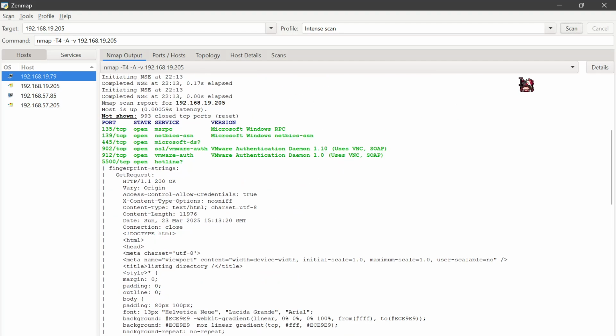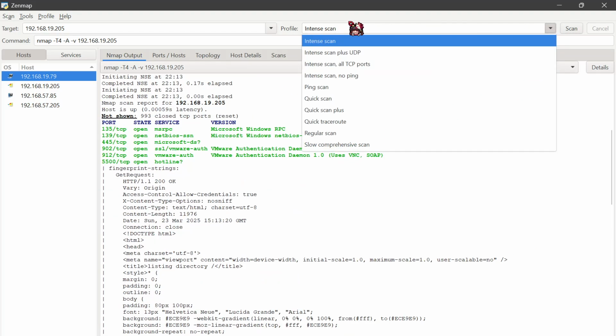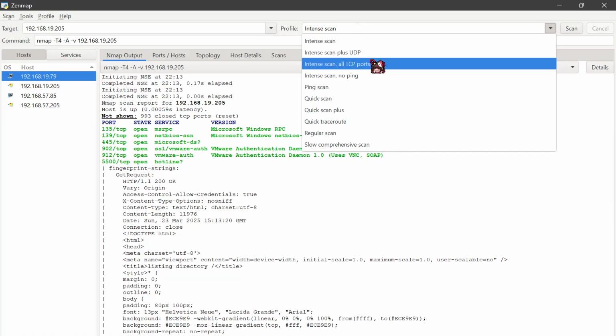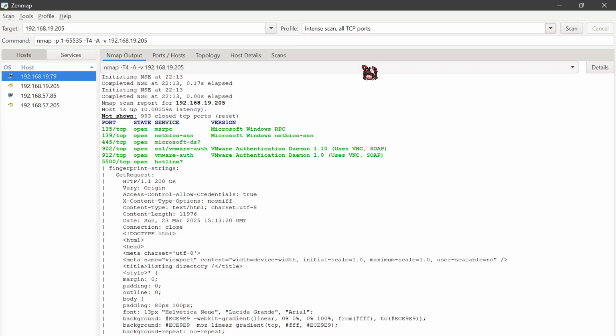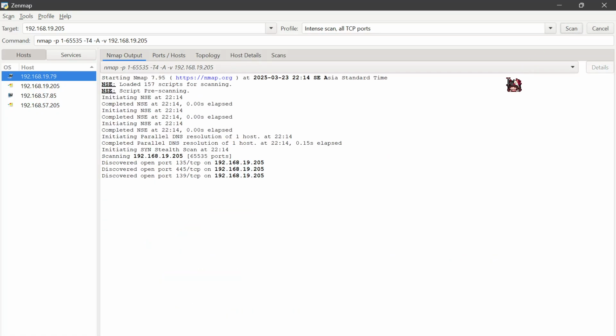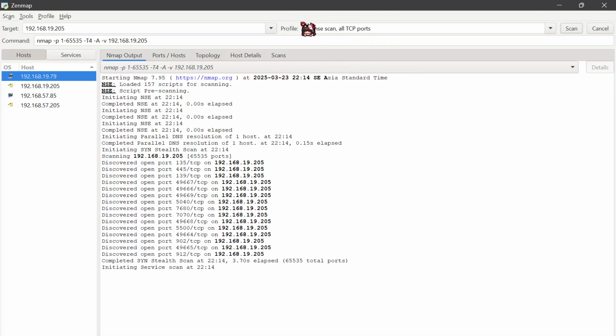Okay, then the next step is to choose intense scan, all TCP ports. Okay, then we just scan it. The purpose of this profile is we can inspect all TCP ports up to 65,535. You can see it right there.